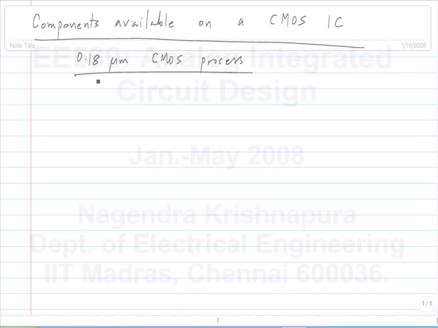So, typically this 0.18 micron is the minimum length of the transistor, but in general it's the minimum feature size. If you look at the technologies that I have put up on the course website, there is something called IBM 0.13 micron, but the minimum length of the transistor is 0.12. So, sometimes it's the minimum length, sometimes it's the minimum metal pitch, that is the spacing between metals, but it's related to the smallest geometrical size that you can get on a chip.